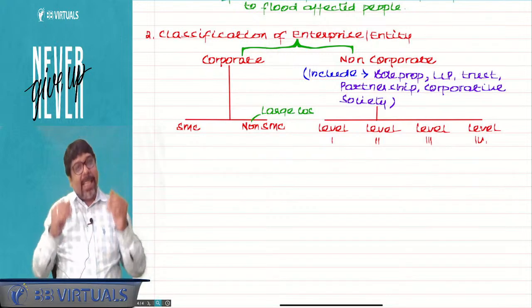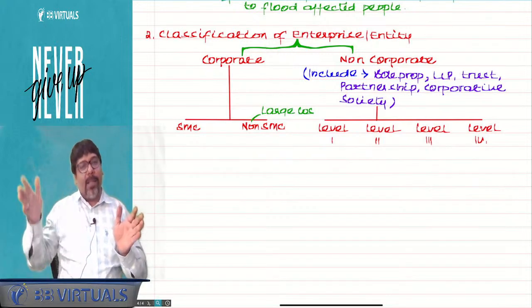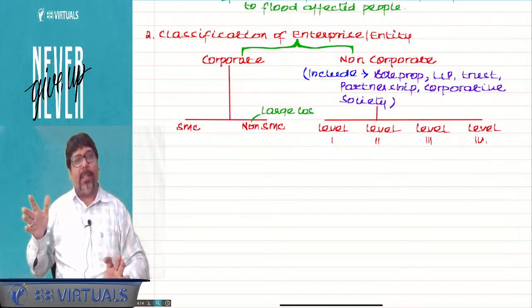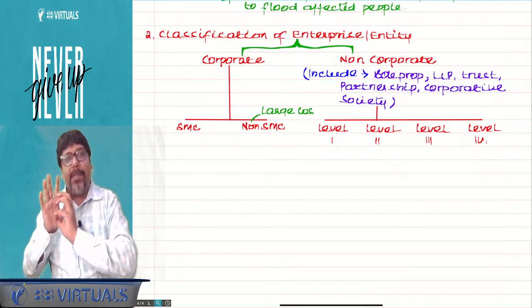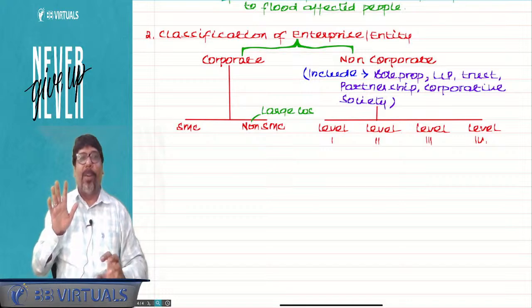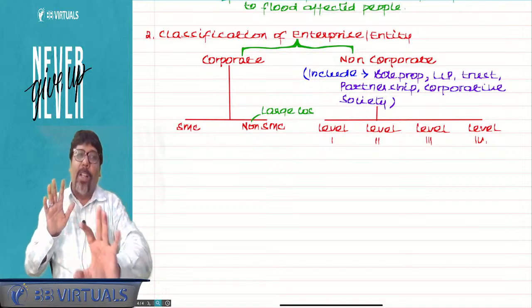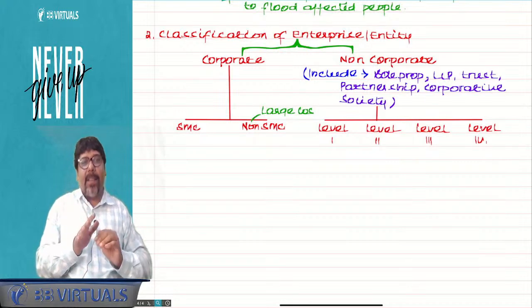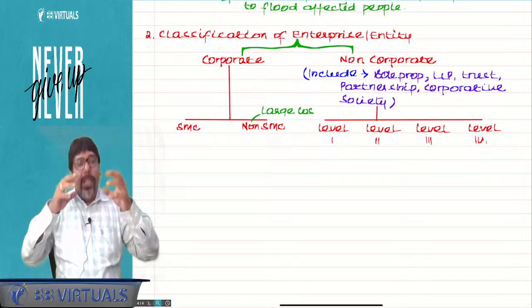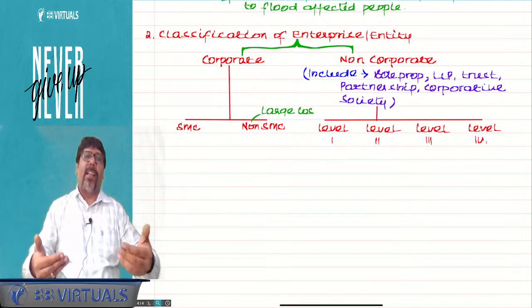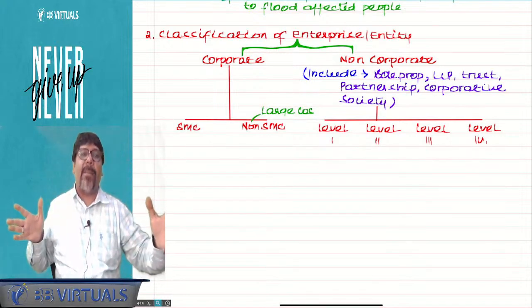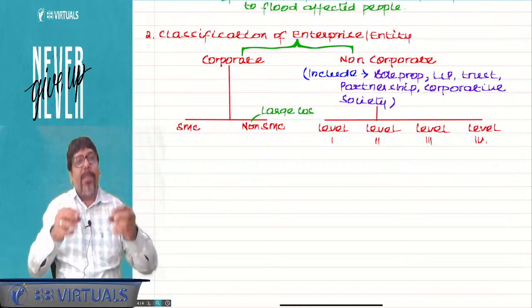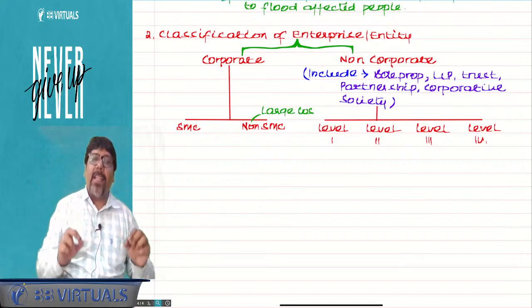Science, 6th standard to 12th standard, everybody has to study science. But will the entire science be studied by all the standards? No, the 12th standard will study all science. 9th, 10th will study a little less. 6th, 7th, 8th a little less. 5th, 6th a little less. So the degree of application of the standards is not in entirety, but with a few less. Am I clear? Yes or no?